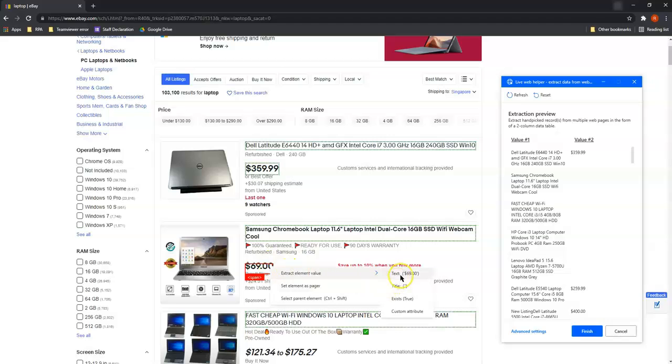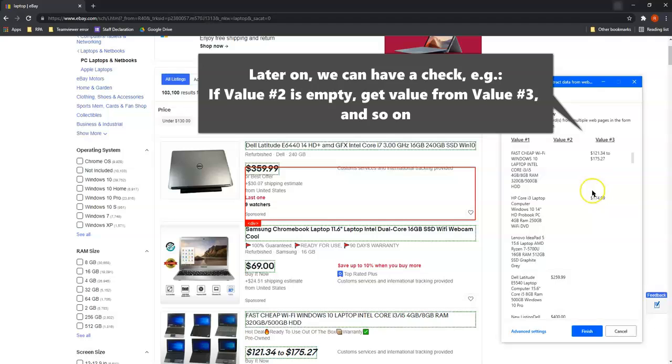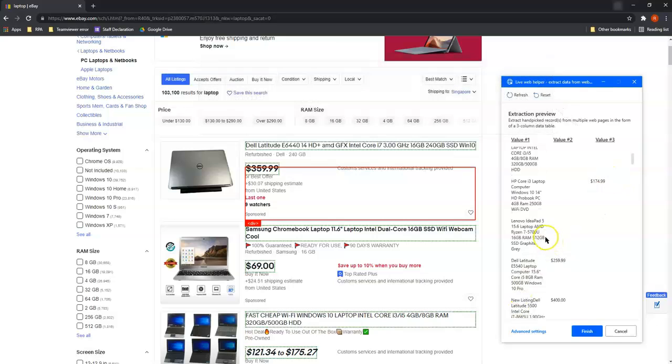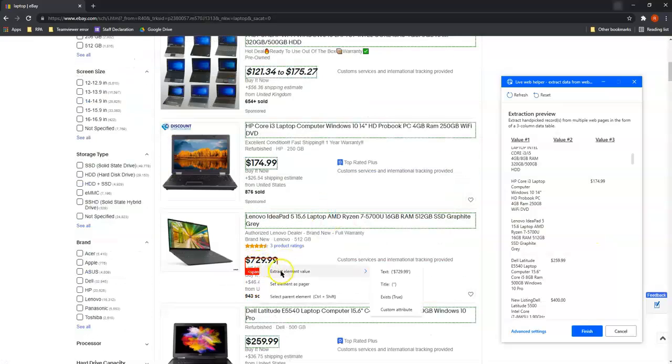Extract element value, we just select this, and then it will have, so that means in our script, we can do a check where if value 2 is empty, we get the value from value 3. If not, we get the value from number 4. So if you can see here, over here, Lenovo IdeaPad 5, we don't have the value, right? So we look for it. Over here, we right click again, extract the value,